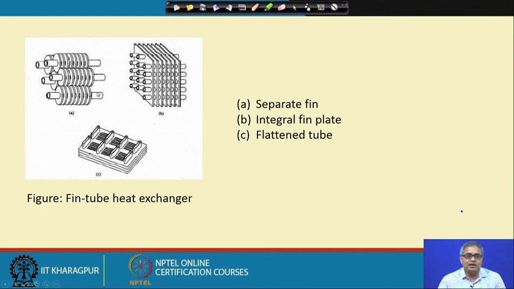First, there were bare tubes. On the bare tubes we have provided a number of fins. Then the interfin gap, where there was no material, we have abolished by providing an integrated fin plate. Then we have made these tubes flattened, and on this fin plate we have provided louvers or some sort of perforations or some surface feature which is good for mixing.